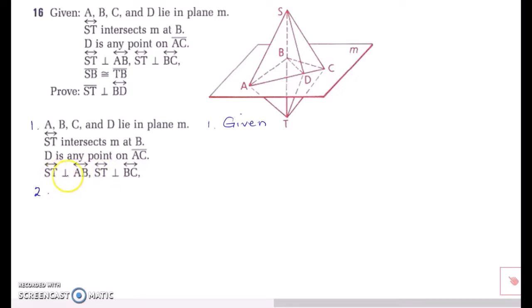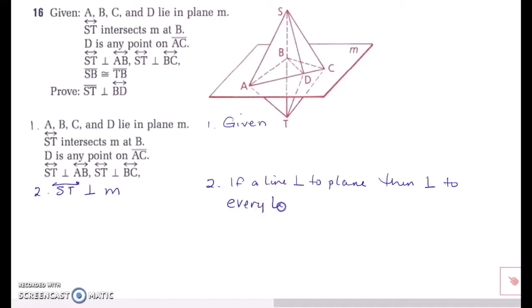So then, since ST is perpendicular to AB and BC, then ST must be perpendicular to plane M. Because if a line is perpendicular to a plane, then it is perpendicular to every line in the plane that passes through,